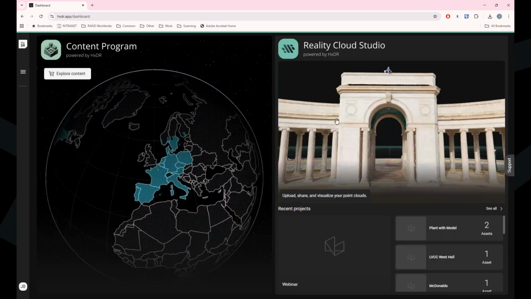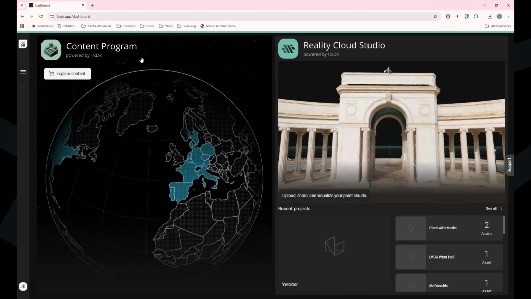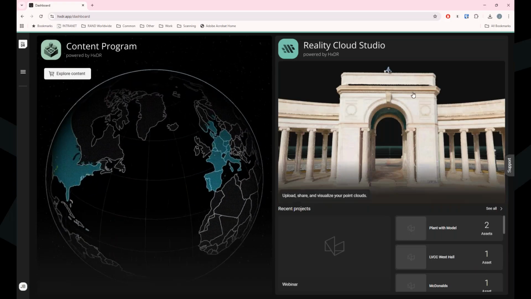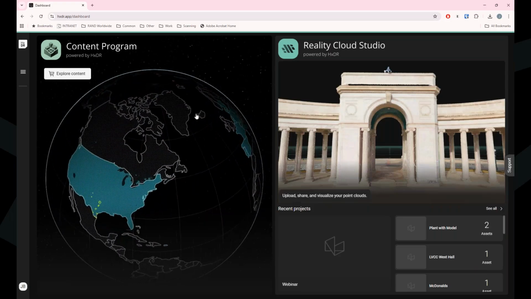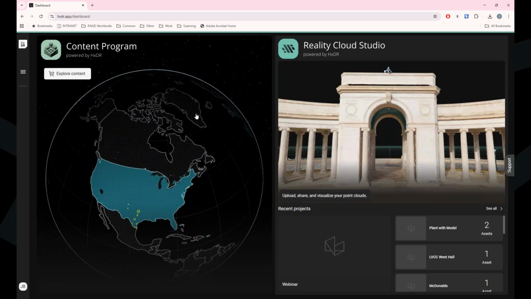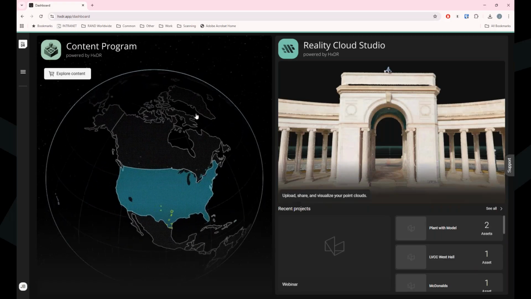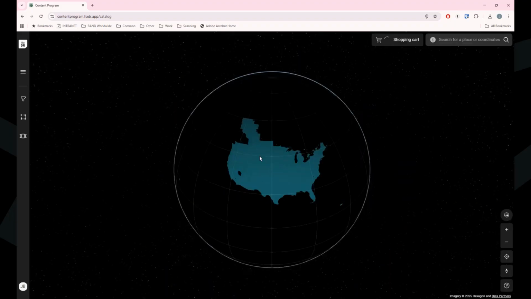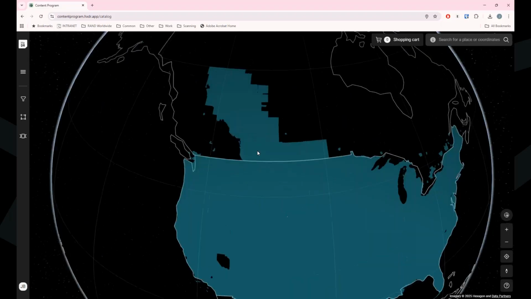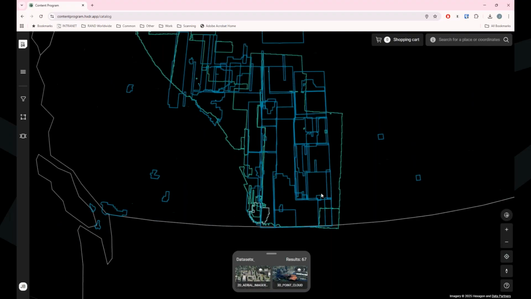Okay, there's 2 parts to HXDR. We've got the content program, and then we've got Reality Cloud Studio. So the content program is going to allow me to pay for and download. It's mostly ground data at the moment. So if I don't have any ground data for anywhere in these turquoise options here, I just click on that. I can go into this content program, and I can choose an area, and I can download data from